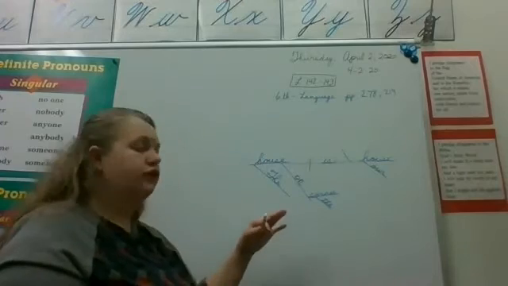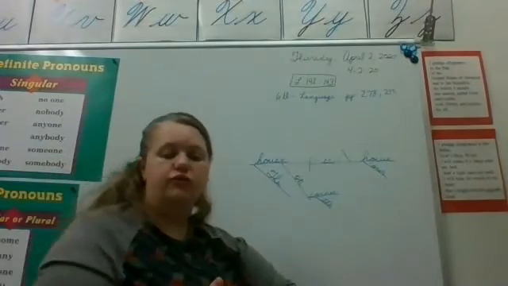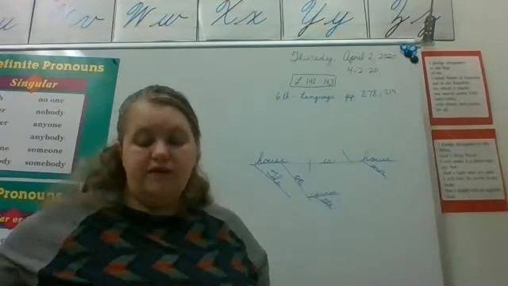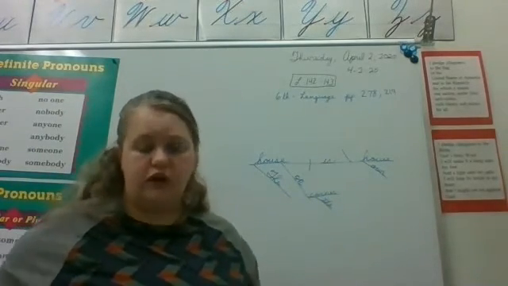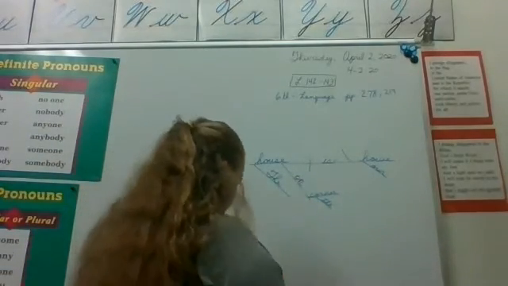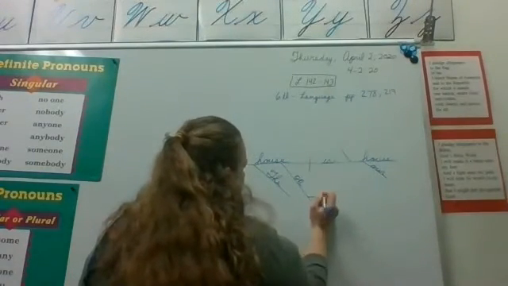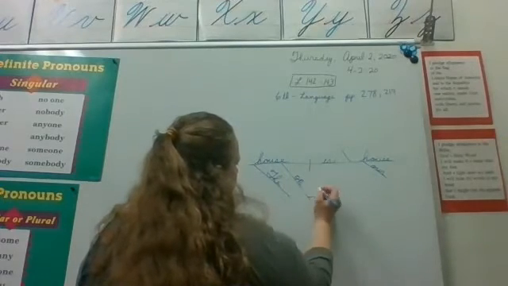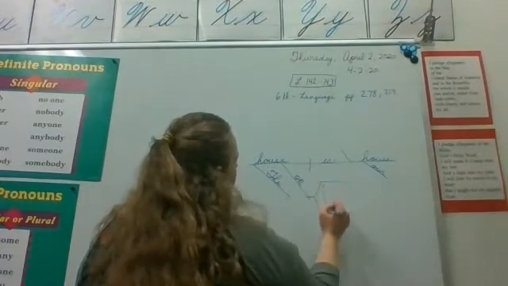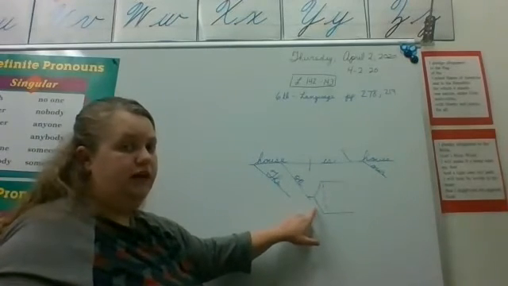So this should be the way that you diagram the first one. You may pause the video, you may write this down. I did this for you guys so that you knew what you were supposed to do on these, okay? So some of these will have a compound subject or verb or even a compound object. If there was a compound object, we draw our rocket wherever it's needed. So it can sit right here, okay?